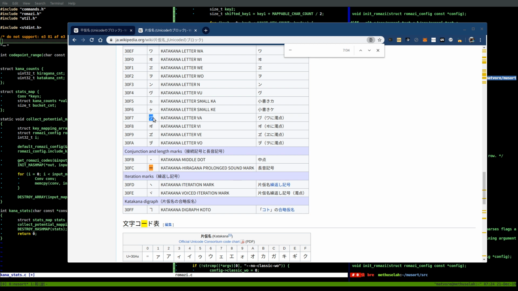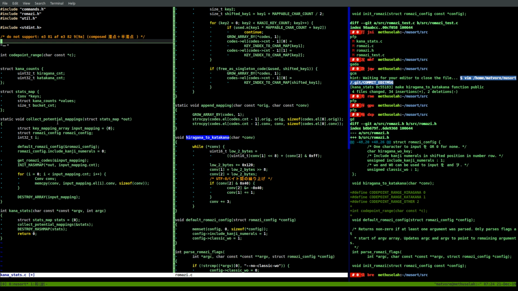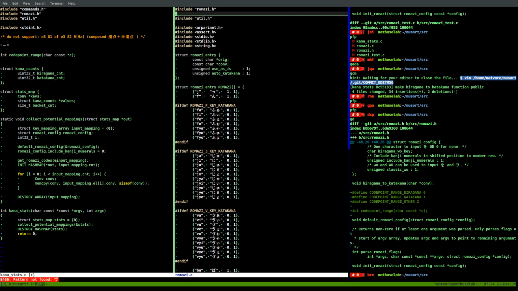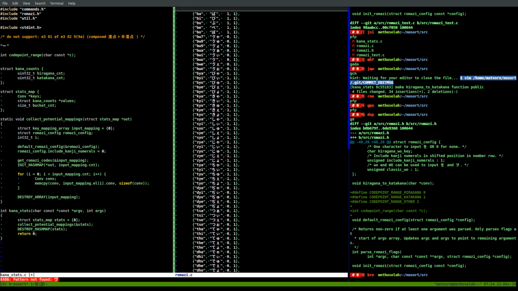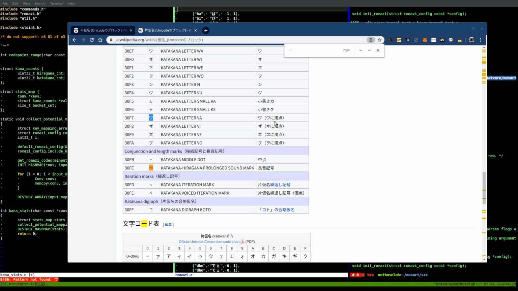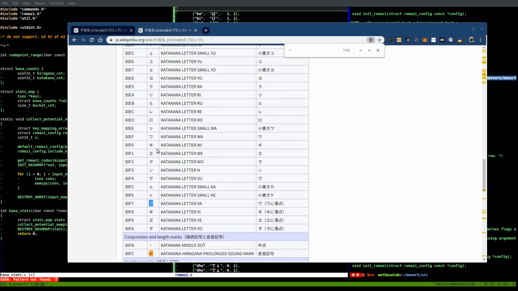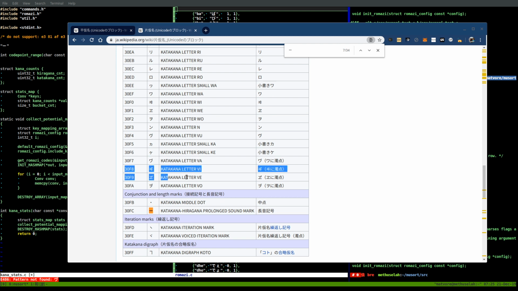And I don't think I actually have this. Do I have this in the table? Romaji. No, that's kind of bad. Maybe I didn't put it there because it wouldn't be useful for all except a very small set of text. But for some reason I thought these would be useful. But anyway,